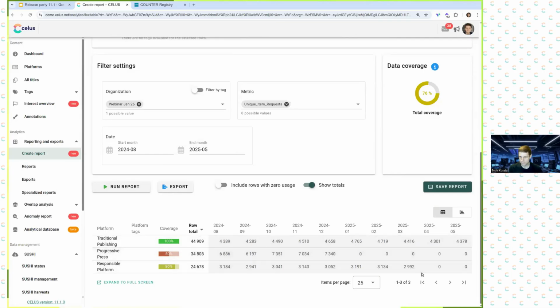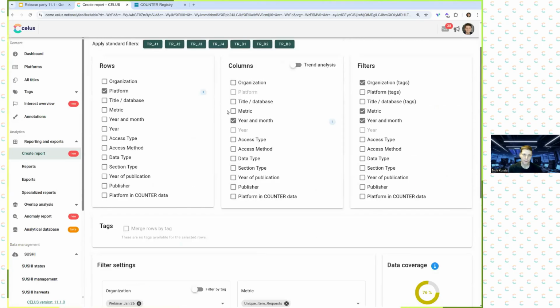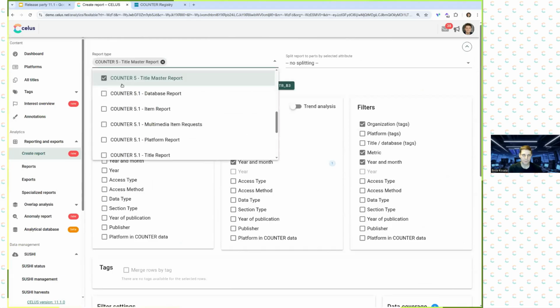And the first one has data for the whole period, but the second one only has Counter 5 data until the end of 24. And in 25, they have only zeros. And this third platform also doesn't have data in Counter 5 since April, but they had data at least until March 25. If I now change it to Counter 5.1 title report